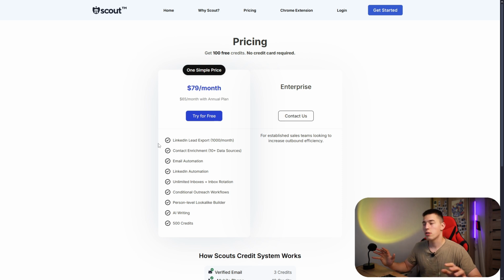Now, it's free to try, so if you want to play around, just go to Scout. You will not need to add credit card information, but if you're looking for an alternative, you don't want to set up the automations yourself, you want to keep it simple, then I suggest you take a peep at Agent